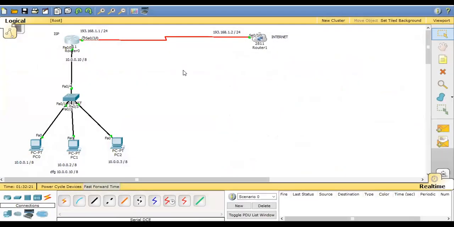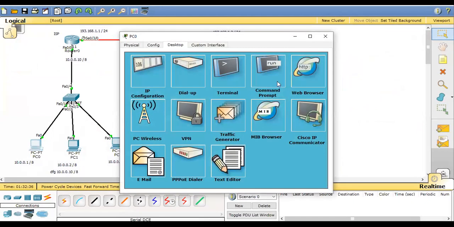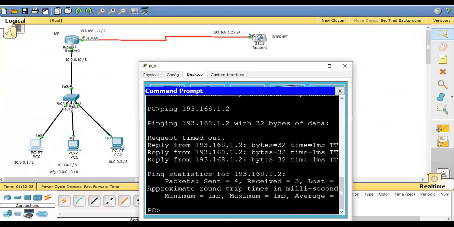Now, I want to configure dynamic NATing over here. In my previous video, I showed you how to configure overload NATing; in today's video, I'm going to show you dynamic NATing. So let me first make sure that no PC can ping the internet.